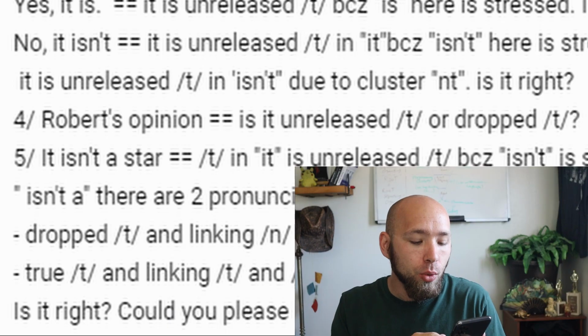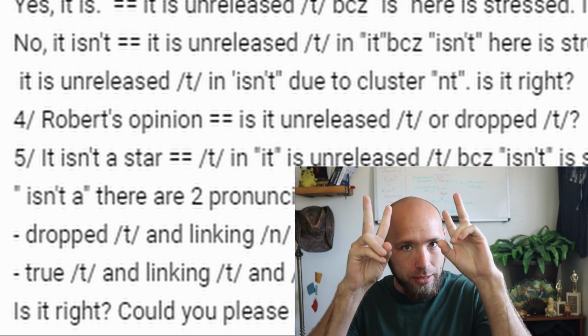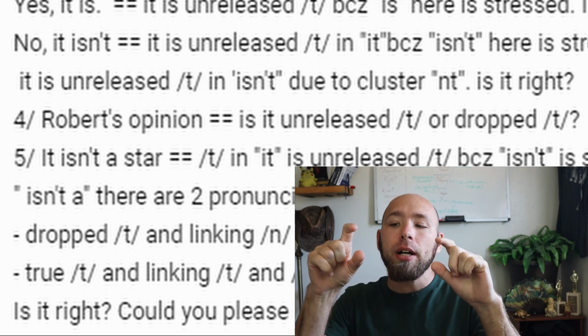I'm just slowly opening that position into the full S, and so the S gets pushed through that closed position, and it can create the illusion that there's a T there, right? But in the actual pronunciation, there is actually no T. So with "Robert's opinion," I would put sort of the TS in spelling connected over, because it's like one sound unit now, but it's really that special S that gets pushed through instead of just a regular S. So it's "Robert's opinion."